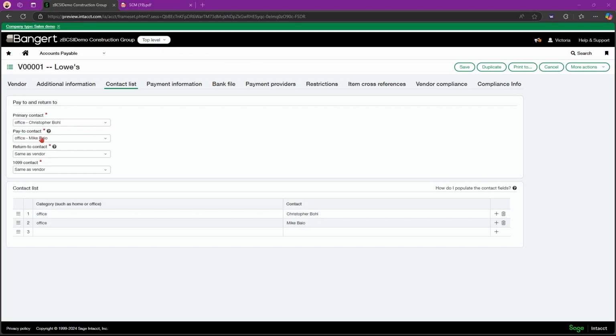And this second contact that it's going to be going to is the paid to contact. That's going to be the secondary. So once we save this, the notification email details, the payment notifications are sent to both the primary and the secondary emails listed as the vendor's paid to contact, with the print as name used in the greeting. And then if the paid to contact is set to same as vendor, then the print as name and email addresses are sourced from the vendor's primary tab. And that is what's new in just that little bit in R4.